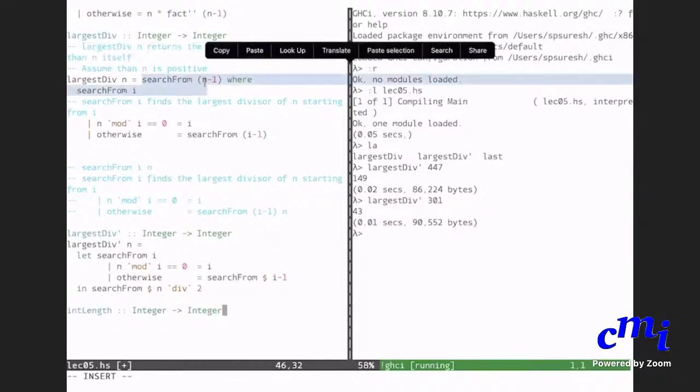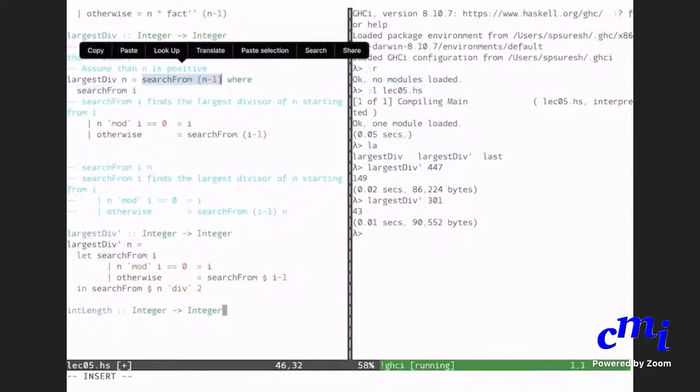Except here, I am giving the definition first and the local definitions later. There I use where. But if I give the local definitions first, then I will say let search from whatever, all the local definitions you give. Finally, you say in. After in, you will give the main definition, the main definition of largest div.